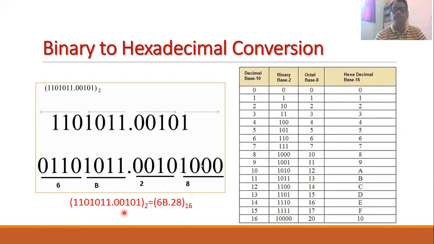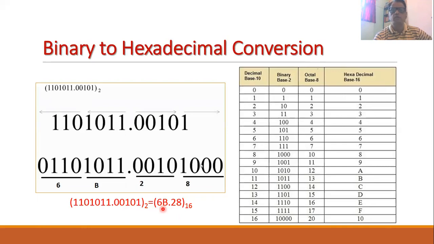So friends, when the binary number is very large, when it consists of a large number of bits, then instead of writing such a binary number, it is always convenient to write it either in octal form or in hexadecimal form, because writing a binary number in hexadecimal is very convenient, and this convenience can be seen from this example.